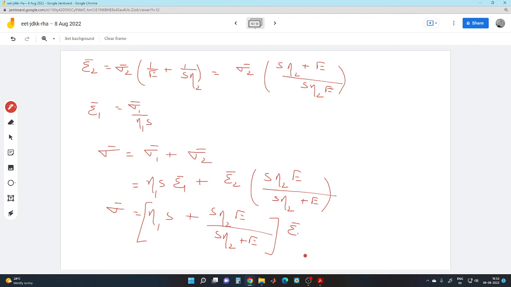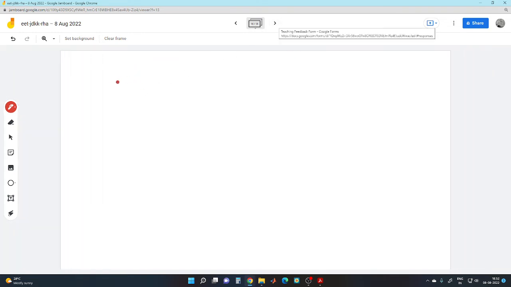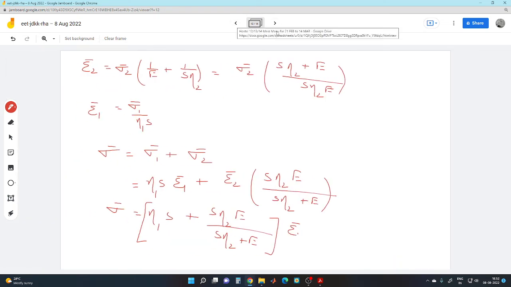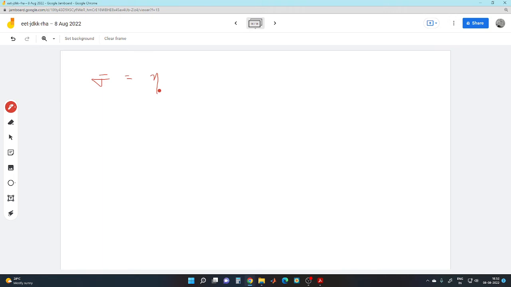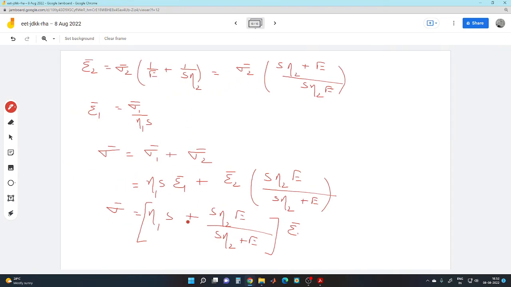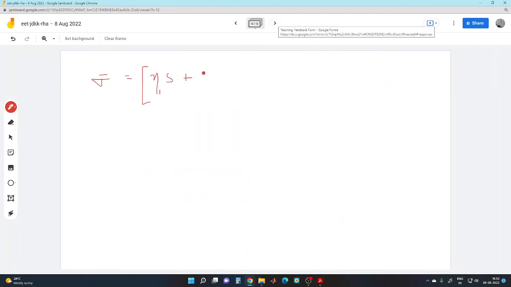So we have this actual stress strain relationship now. So now we can write this sigma bar is equal to eta 1 s plus, sorry, eta 2 s upon eta 2 s plus E, and here we have E